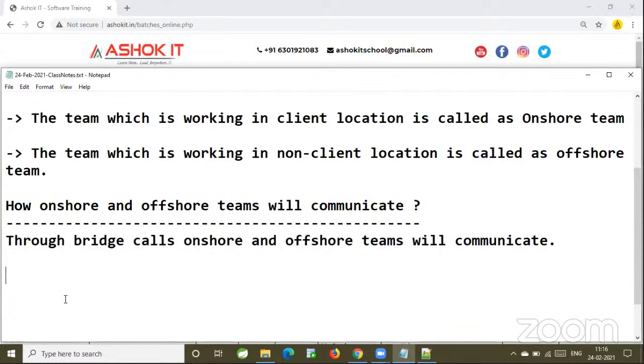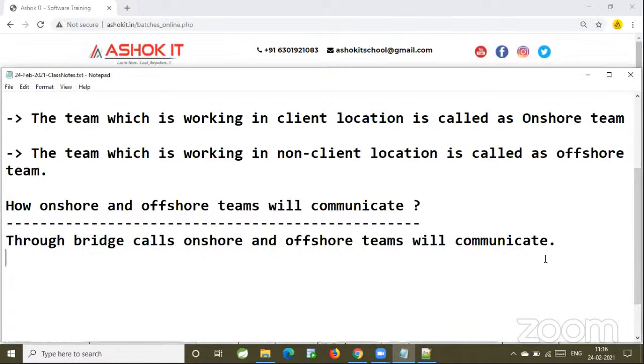I'm in Hyderabad, somebody is in Bangalore, somebody is in Chennai, somebody is in Andhra Pradesh, somebody is in some other location. We all are able to communicate with each other. How do we communicate with each other?